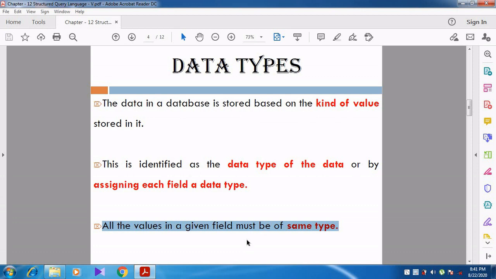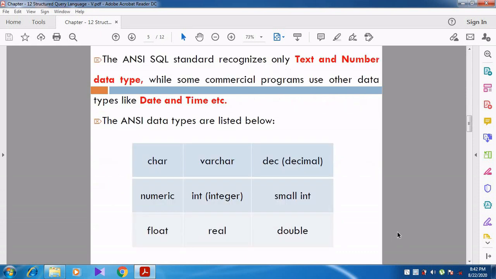For example, for the name of the student, that field should be a character or string data type, so I should enter only characters. I should not enter an integer value or a floating point value. It does not accept that data. Right? Let us see some data types.